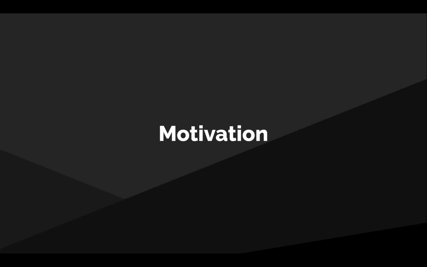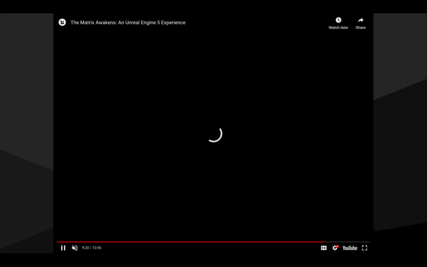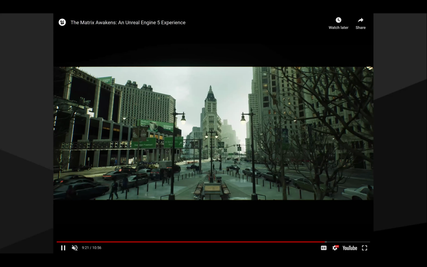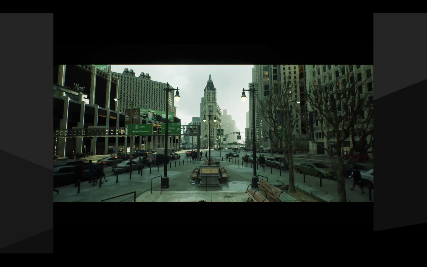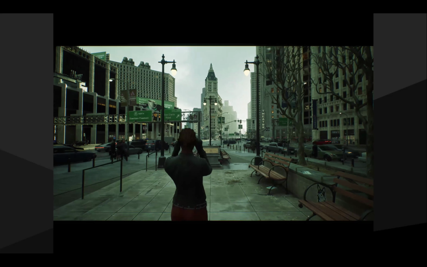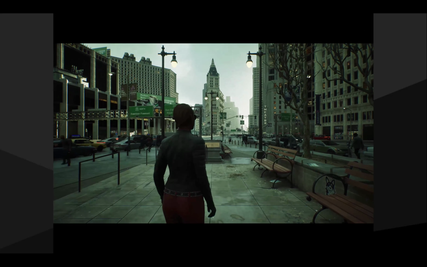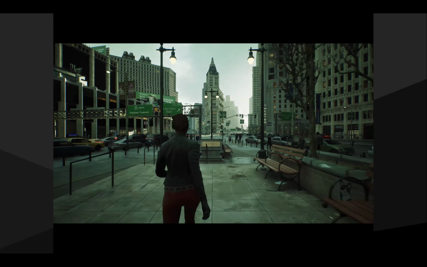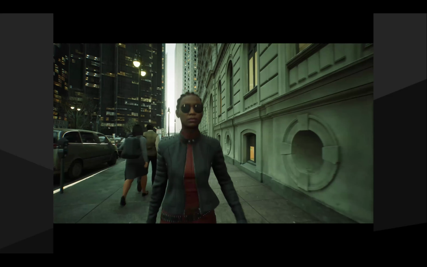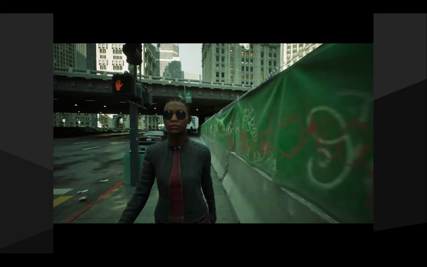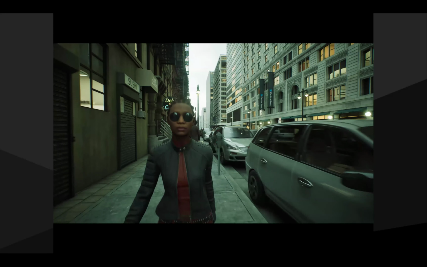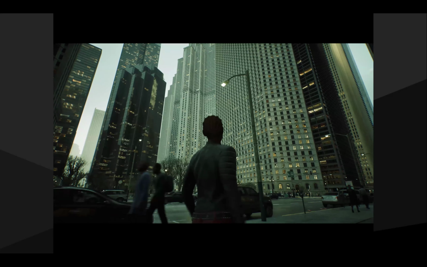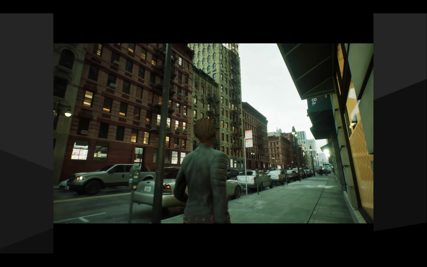So given all those huge challenges, why even try to use machine learning and generative animation in video games? I don't know if you've seen this Unreal Engine demo that was released a couple of years ago called The Matrix Awakens. This is all running in real time on the PS5 in Unreal Engine, and the visual fidelity and graphics are completely mind-blowing. When I first saw this video, it blew my mind. It's incredible the progress that graphics has made.